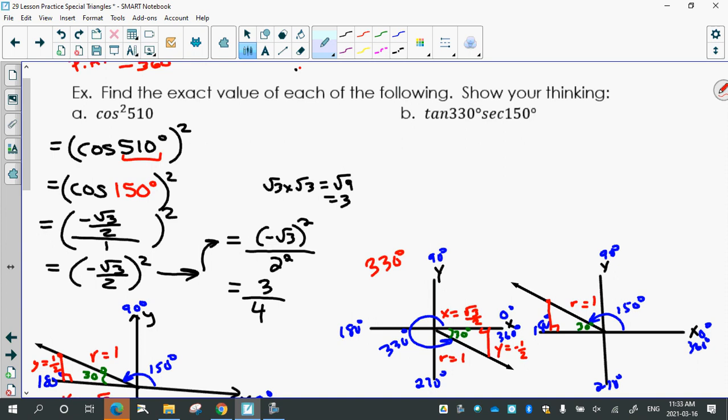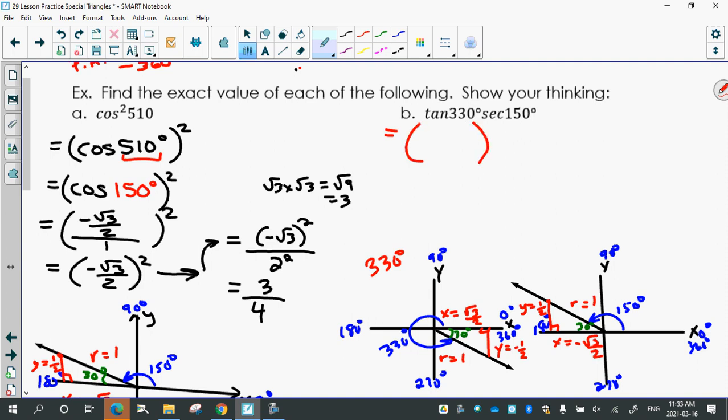For a 30-degree triangle, the longer side is the horizontal x, and it makes sense for it to be negative in the second quadrant, and the y value to be positive. So this is kind of all your setup, and then you come back up to the beginning of the question, and then you should be able to